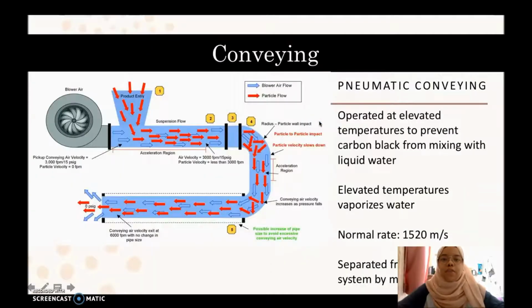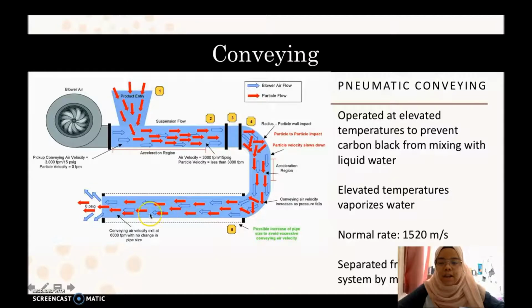So next is the conveying. For conveying, usually they use pneumatic conveying because it is powder. It is in powder form, so it is illogical to be using a belt conveyor. So they use pneumatic conveying, where there is blower air here, and then the product enters from here. Up here there should be the separation, and then the product flows here